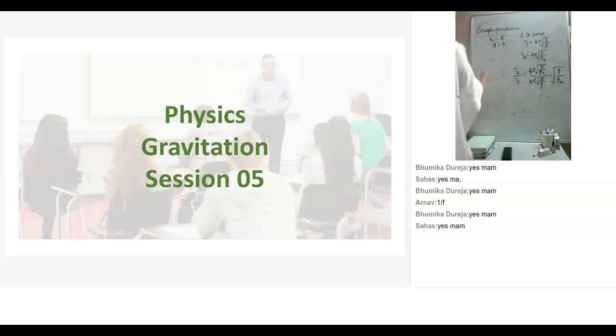Which expression are you supposed to use? The new acceleration due to gravity at any height above the surface of the Earth is given by the expression g into R by R plus h whole square. And this becomes g into R by R plus R, because we have taken it to a height R, whole square. Now this is g into R by 2R whole square. R and R get cancelled. 1 by 2 whole square, 1 by 4.